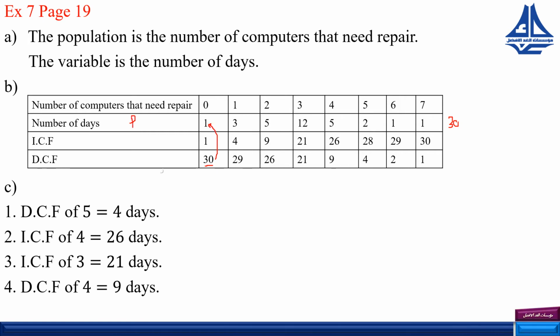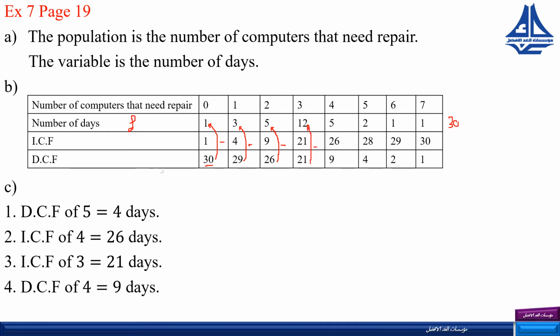Our work is always on frequencies. 30 minus 1 is 29. 29 minus 3 is 26. 26 minus 5 is 21. 21 minus 12